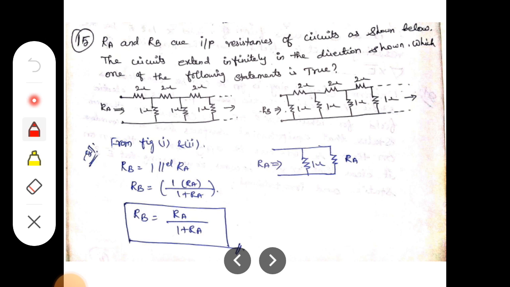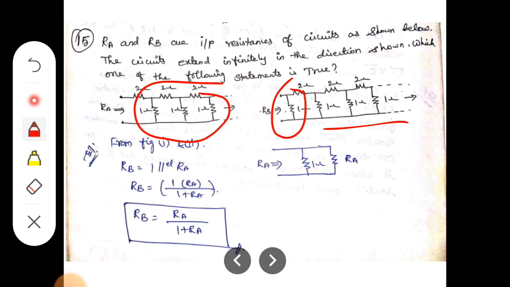So here RA and RB are the equivalent values. From this equation, we calculate the ladder network as a resistor connected in series, 2 ohm in parallel with 1 ohm. So it is simplified as a 1 ohm resistor with RA. So RB is the equation of the simplified network. The extra 1 ohm resistor is connected behind the 2 ohm resistor here, so that's why it will be parallel to the RA value. Others are the same, so it will be parallel with 1